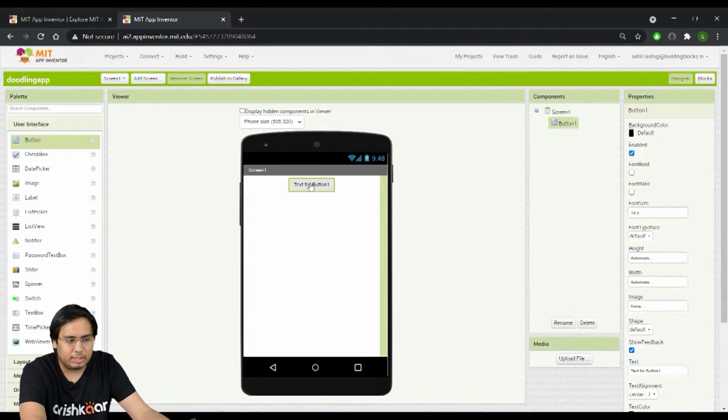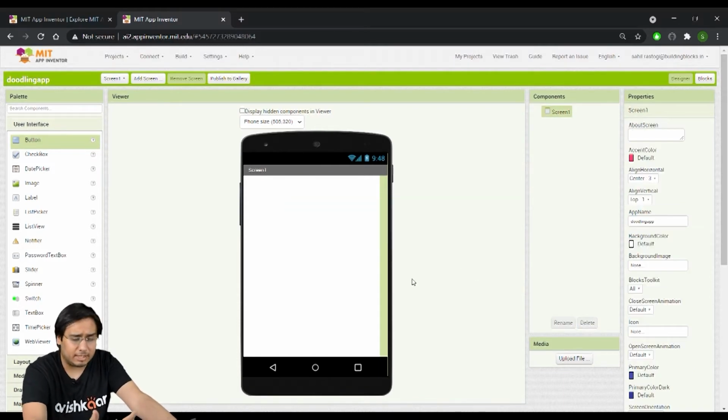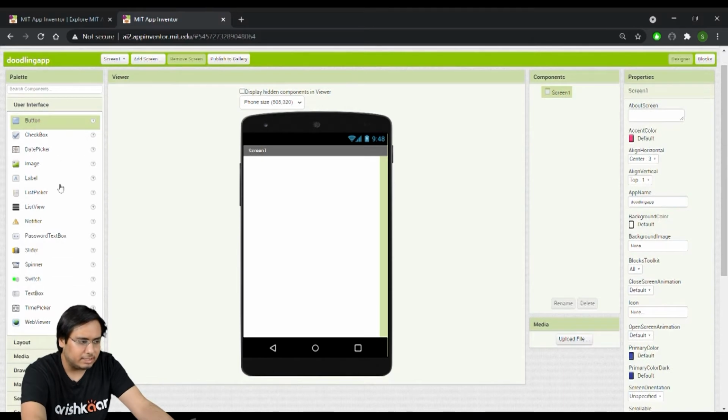If you want to delete it, just select the button and click on delete under components, and this will delete any element that you might have added by mistake. This is how you can add different buttons, labels, switches, all that good stuff, and you can change the settings of all those things from these settings over here.